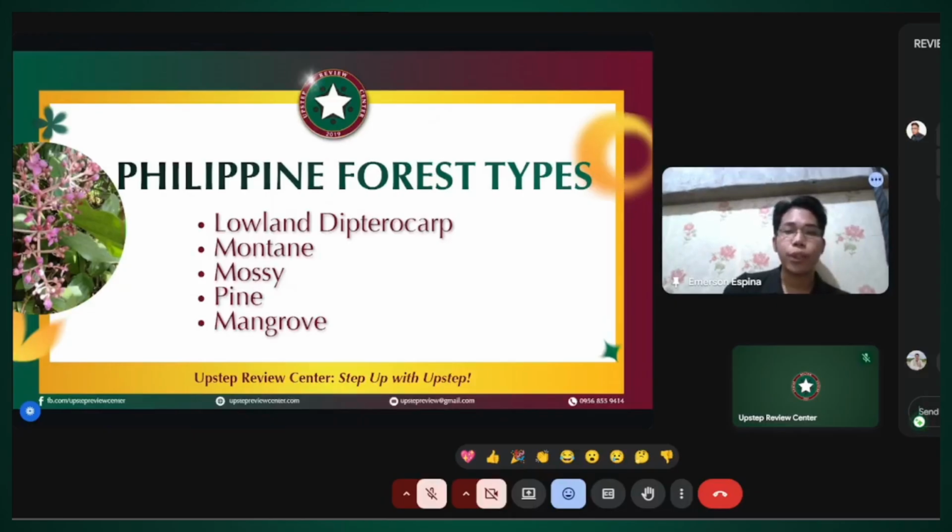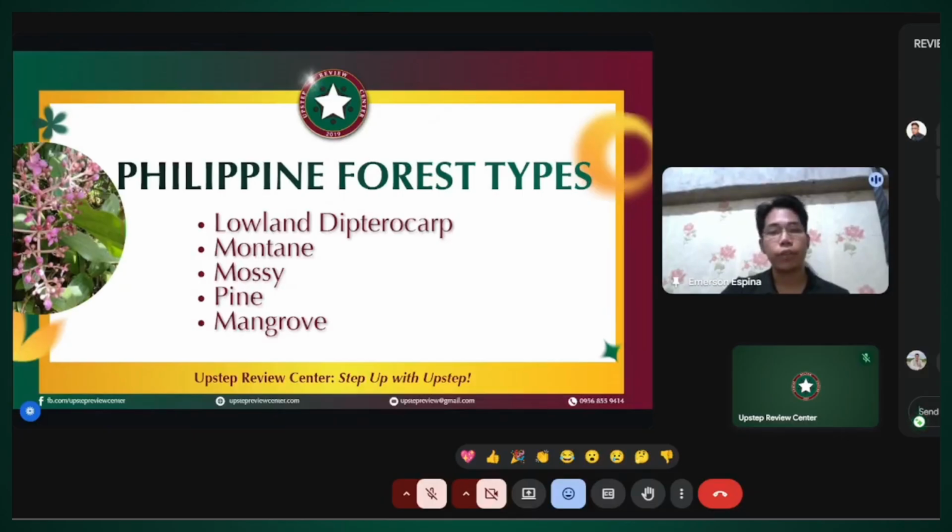And then for the montane forest, it occurs at higher elevations. The mossy forest's main characteristics include abundant moss and cooler climates. And then for pine forest, commonly associated with higher elevations in northern Luzon. And for the mangrove forest, it generally occupies the coastal